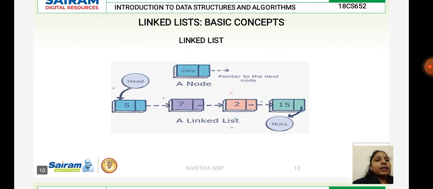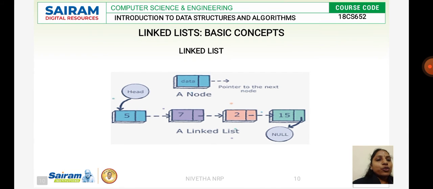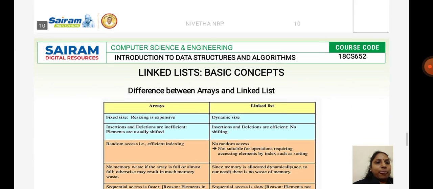This is one more example. So we have 4 elements here. We know how the linked list is represented. We have two nodes. One is for data. The other one is to represent the address of the next node. So here we have 5, 7, 2 and 15. And your head node will be at the 5 and your last node will be at the 15. Okay, so 5 will be having the address of the next node 7. And 7 will be having the address of the next node, that is 2. And 2 will be having the address of the next node, that is 15.